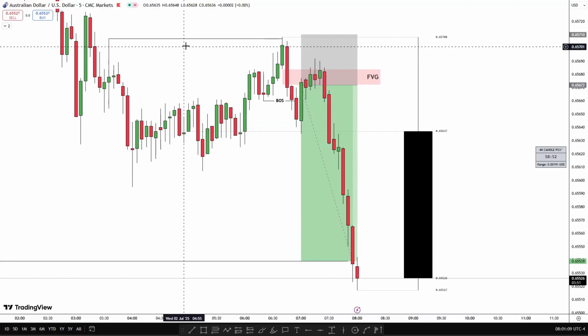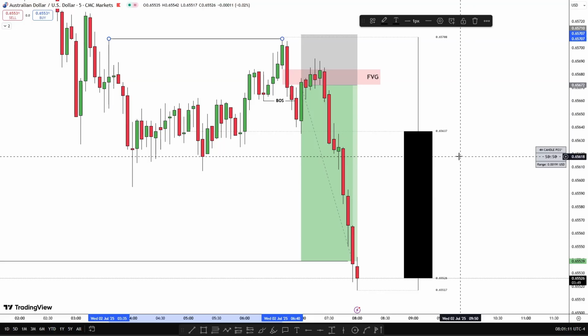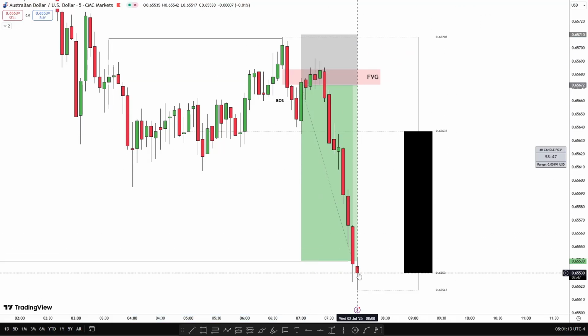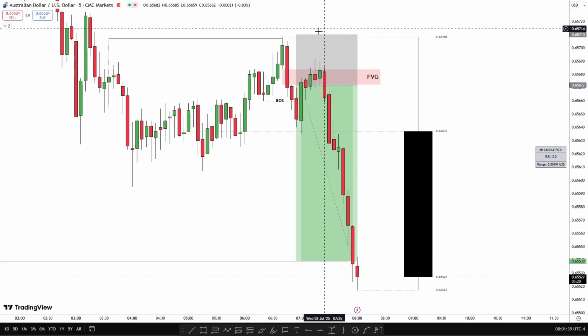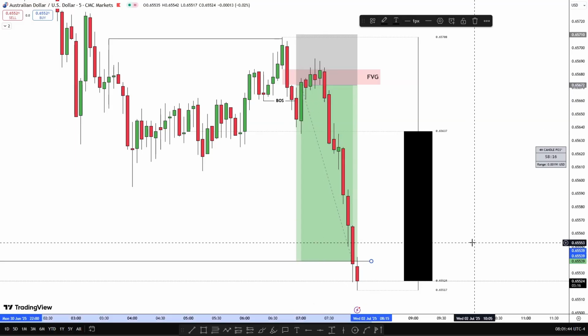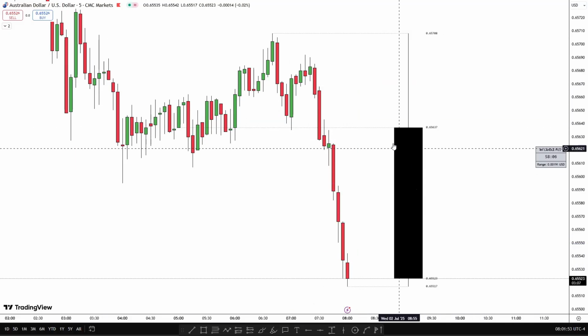I teach this model to the members in my Discord. This is also a model that I currently trade at the moment. So if I see this model present itself, then I will happily take the trade. So now I'm going to be talking about why this is